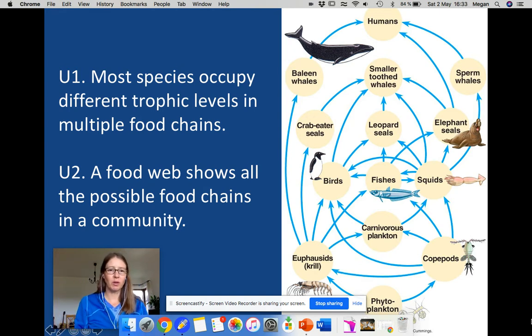If you remember trophic levels, we have producers, then first level consumers, second level consumers, third level consumers, fourth level, and so on. In aquatic ecosystems they can get pretty high, but on land they tend to only make it to the third or fourth level consumers because there's only so much energy that gets lost along the way as